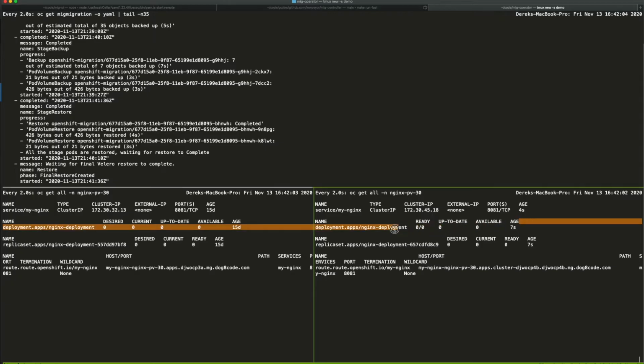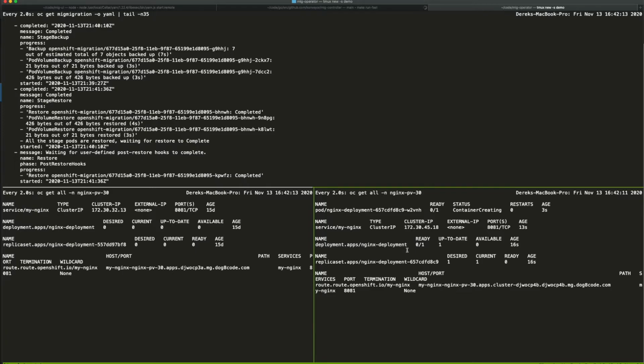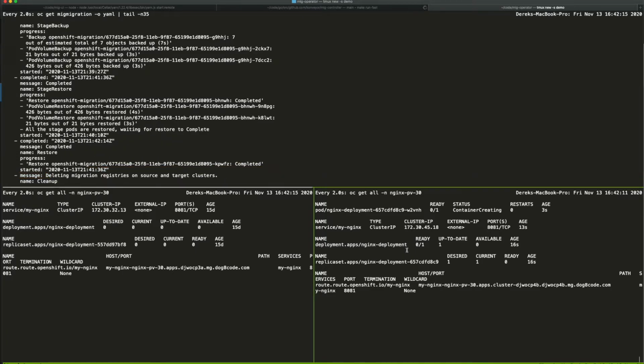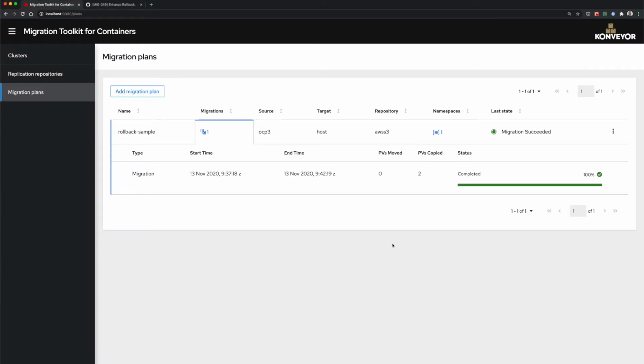So we can notice that the app that got restored to our target cluster has 0 replicas when it lands there, but the new unquiesce destination applications step handles this, and you can see that now the deployment has been scaled back up to its original replica count. This way your app is always running the way it was on the source cluster when it lands on the destination. So now that this second migration attempt has succeeded, we're going to perform a rollback migration